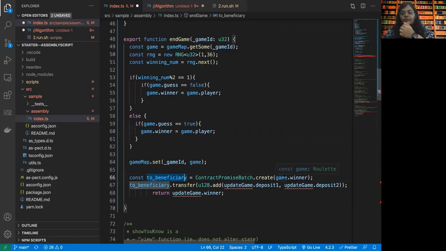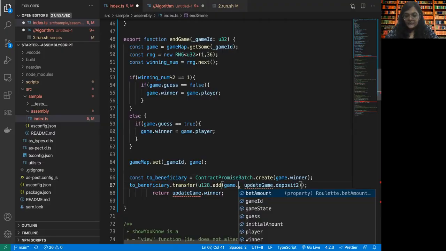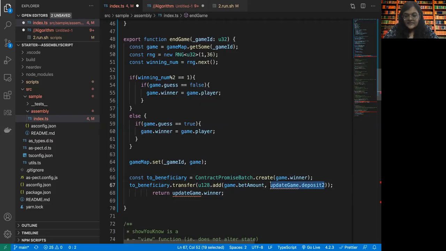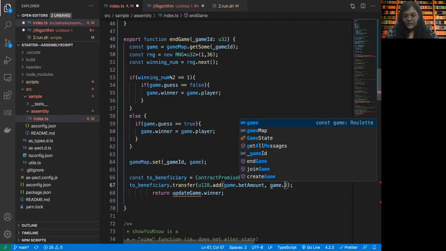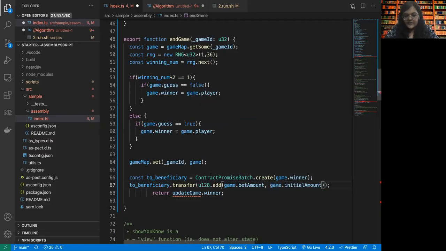So the game winner, whoever has been set, will be sent all the money. Now, how much money do we need to send? We need to send an addition of the game bet amount that was sent by the user plus the initial amount that was created for this particular game. So we add both of these and then we just want to return the winner.